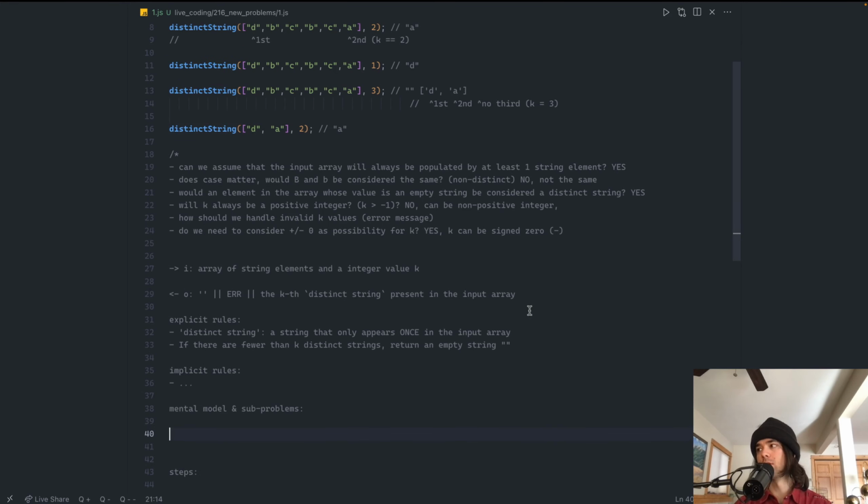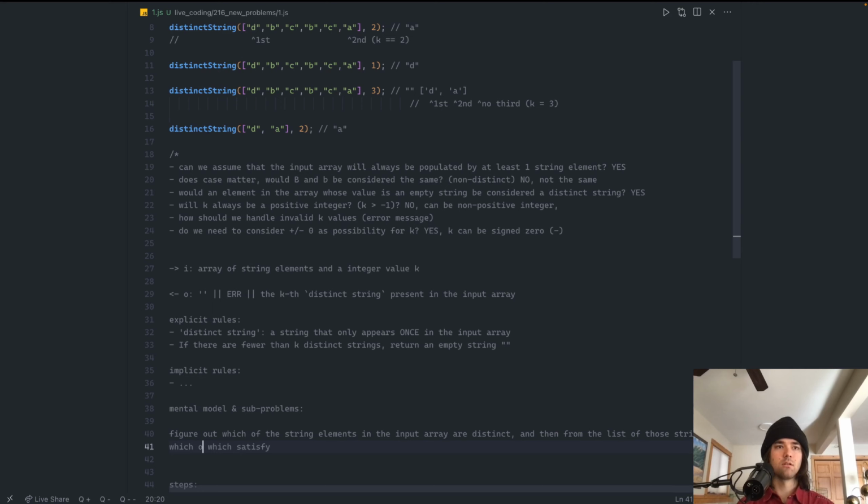So we essentially want to figure out which string elements in the input array are distinct, and then, based on which satisfy the distinct requirement,